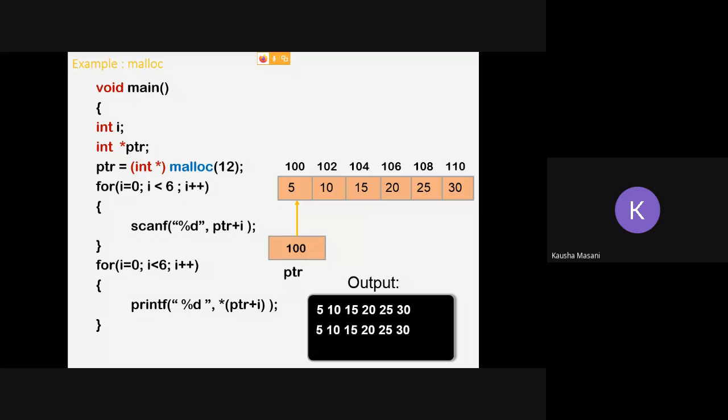Okay. So let's see, any idea that if I want to write here instead of 12, if I want to process the size given by the user, then how can I do it? Any hunch, any idea? Guesswork is also fine. Instead of 12, now what I want is to take the size from the user, and I want to use that size in malloc.